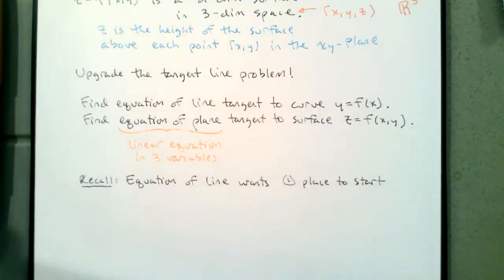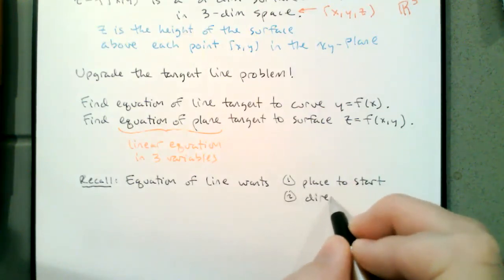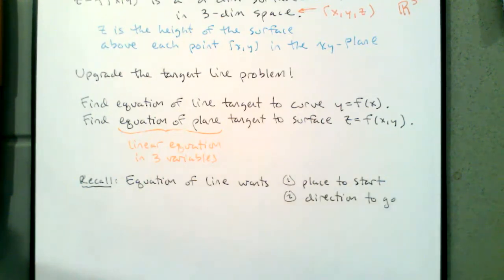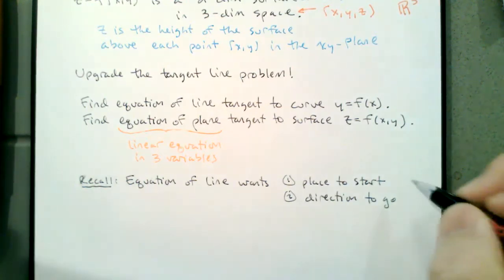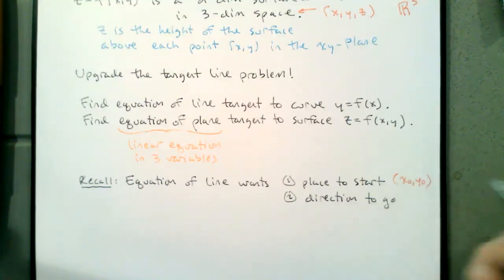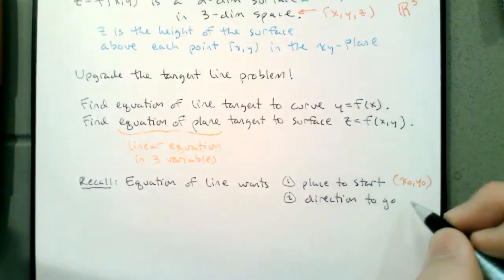When our place to start was a point, x naught, y naught, and our direction to go was just one number, the slope,